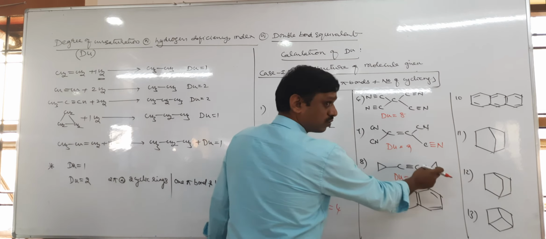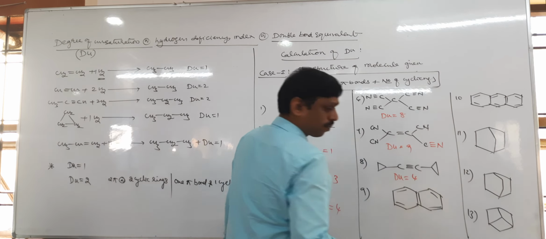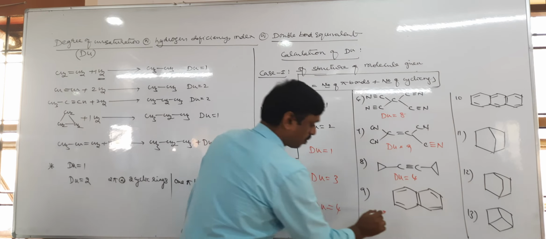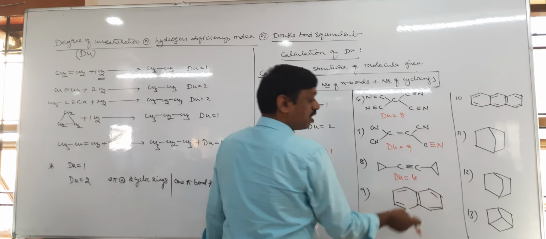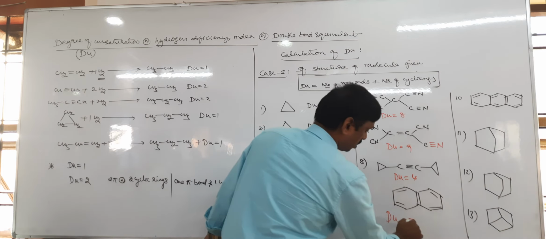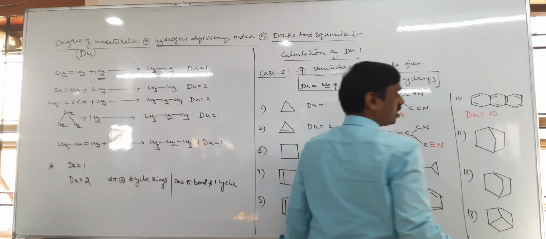2 plus this 2 pi bonds, 4. Next, 2 rings plus 5 pi bonds, 7. 10. Next,